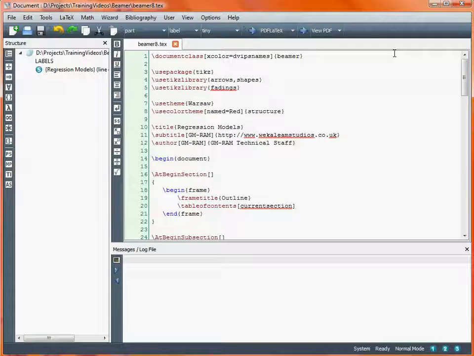Adding equations to a LaTeX Beamer presentation is a reasonably straightforward activity. We would merely make use of either the equation environment, as we would in many other types of LaTeX document, or we could include mathematics as inline equations. Now what we're going to look at here is not just including some mathematical equations, but adding a few additionals